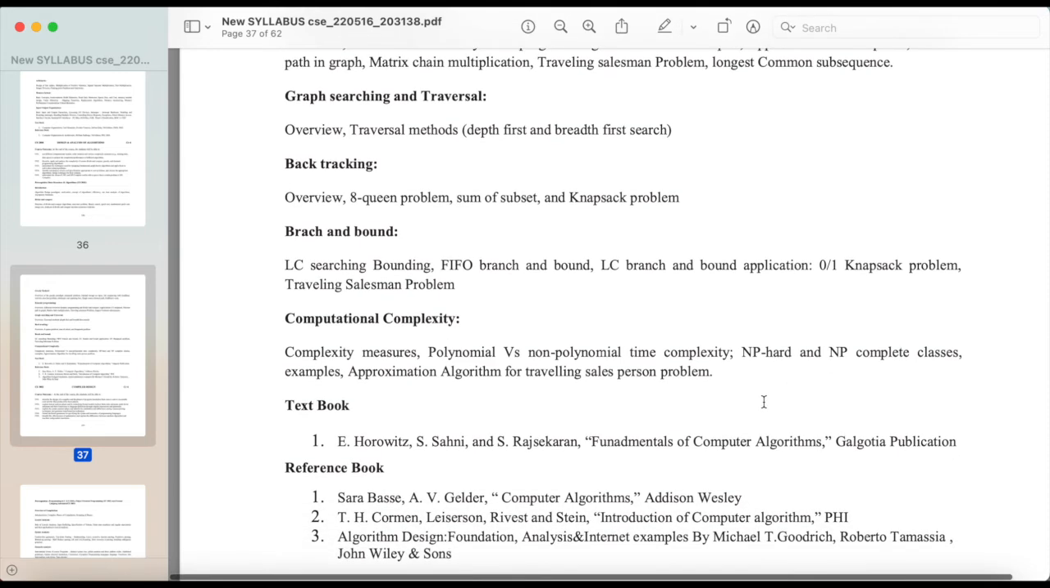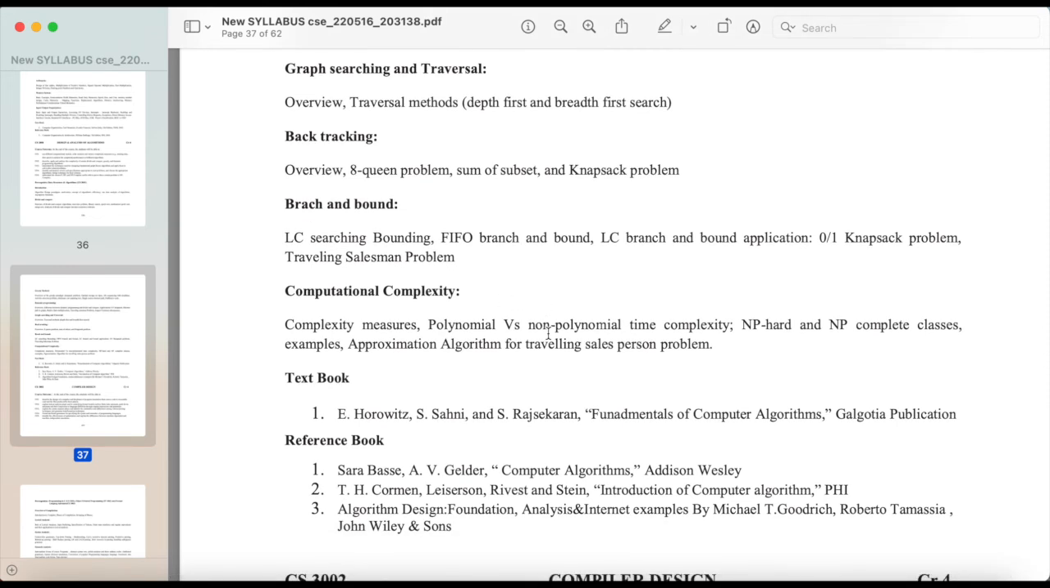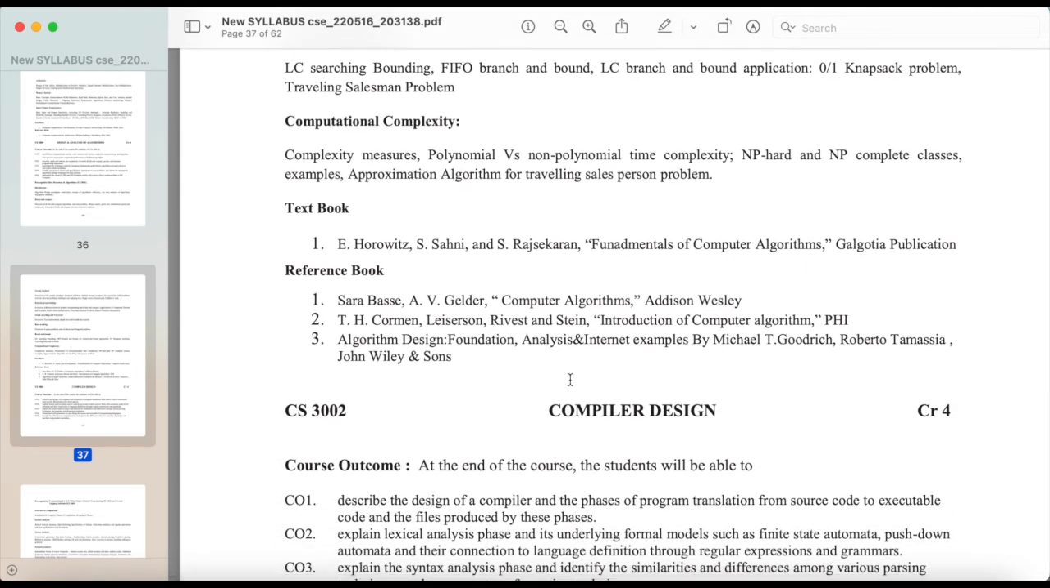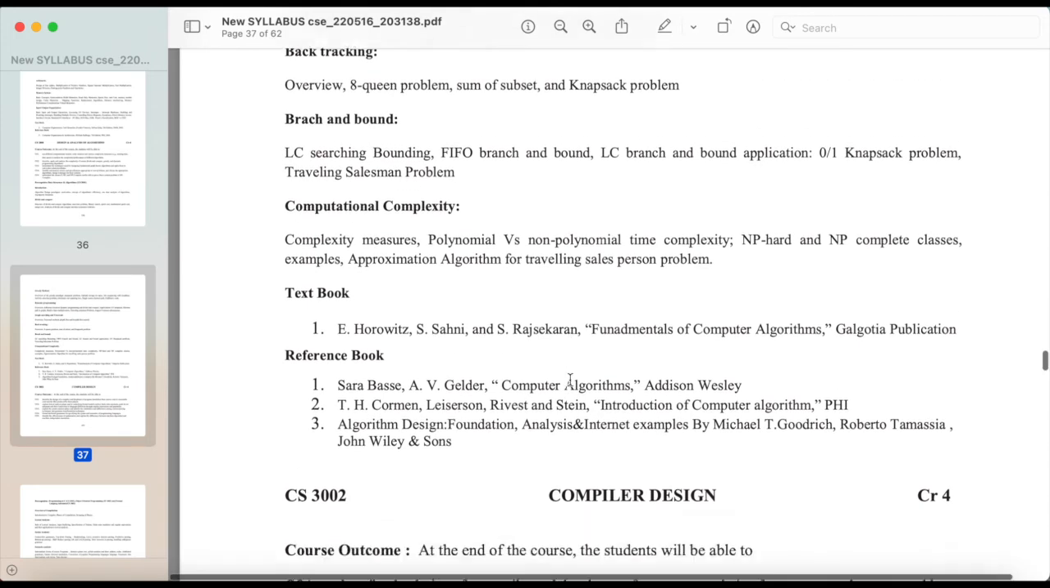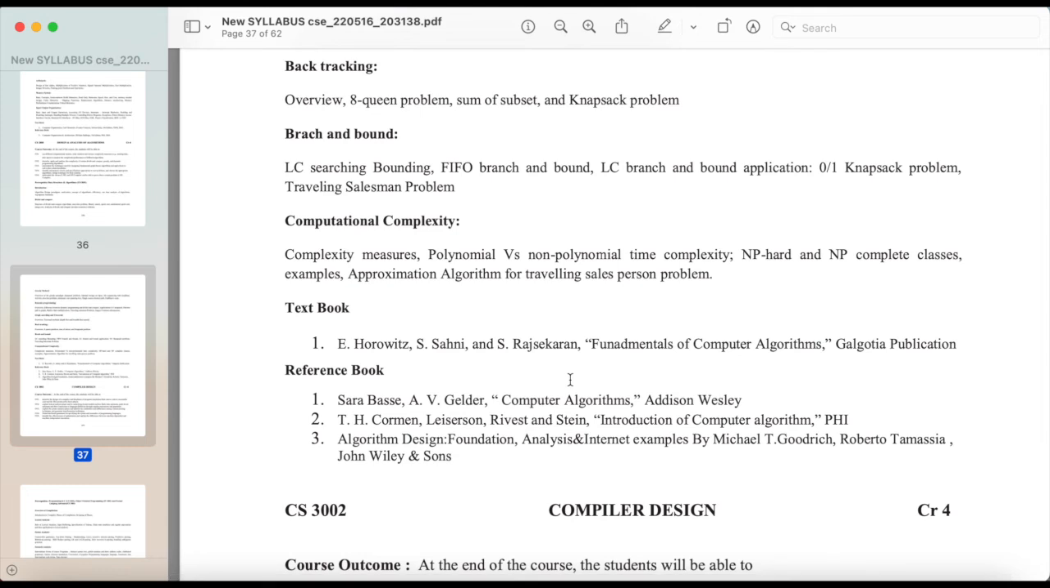programming and divide and conquer, applications, 0/1 knapsack, shortest path and graph, matrix chain multiplication, traveling salesman problem, longest common subsequence, graph searching and traversal, overview, traversal methods, depth first and breadth first search, backtracking, overview, 8-queen problem, sum of subset, and knapsack problem, branch and bound, LC searching, bounding, FIFO branch and bound, LC branch and bound application, 0/1 knapsack problem, traveling salesman problem, computational complexity, complexity measures, polynomial versus non-polynomial time complexity, NP-hard and NP-complete classes, examples, approximation